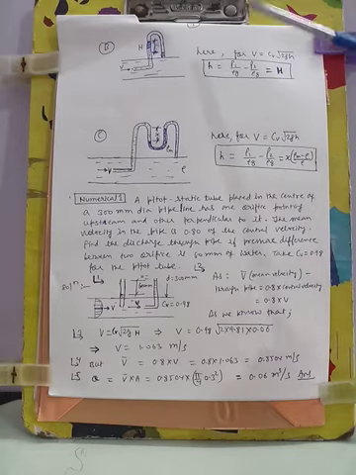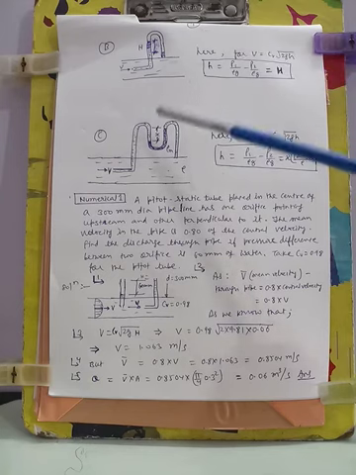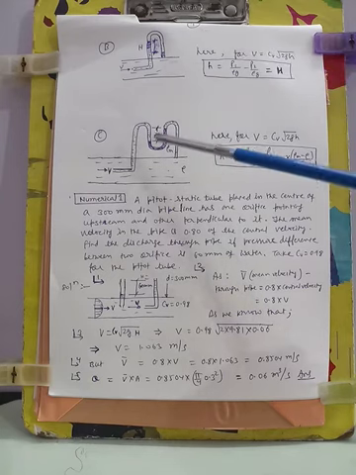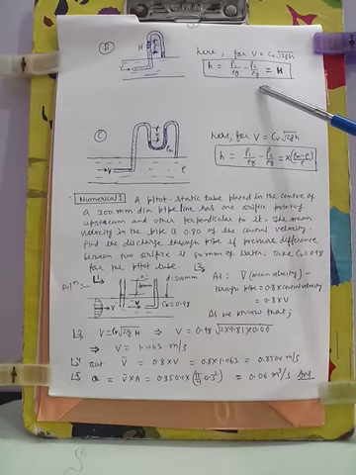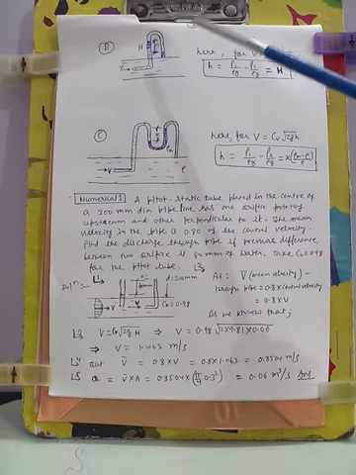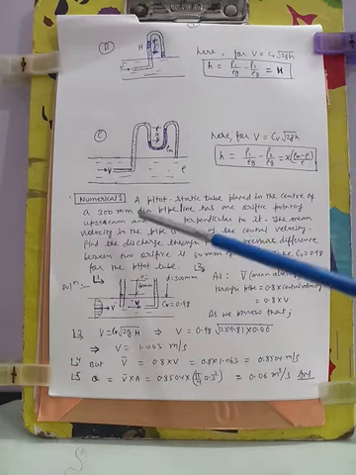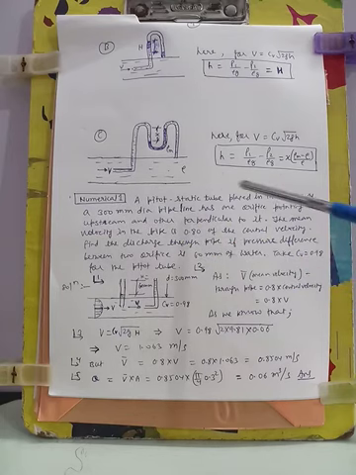So in this way, by using these three arrangements that I have shown, two on this page and one on the last page, we can also measure the velocity of flow at a point in a pipe. Let us see a numerical based on this pitot tube.